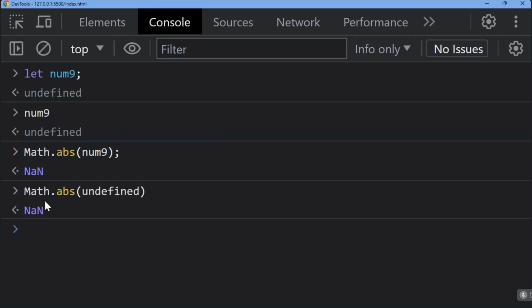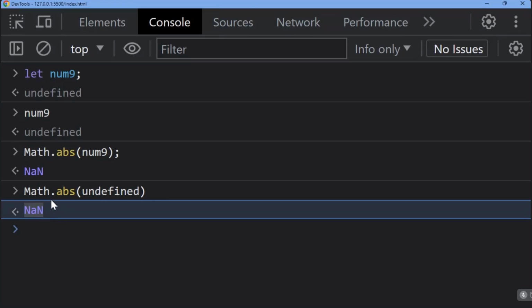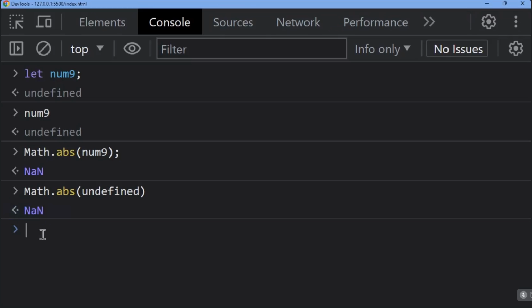So what is happening here? You are trying to get an absolute value of an undefined number. That is when you are getting a failed conversion here. That is when it will result in not a number. And at the same time,